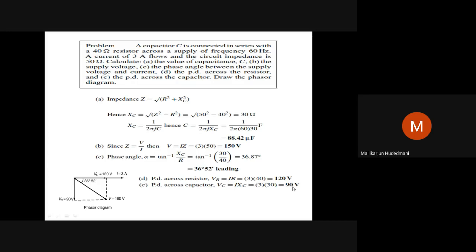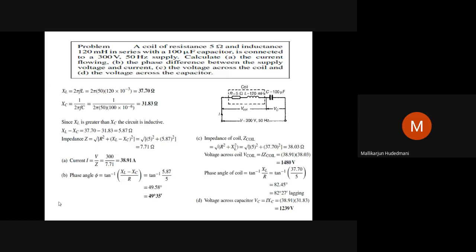So again, I'll alert you. VR plus VC is not equal to 150 here. Am I right or not? That is not an arithmetic sum. That is a vectorial sum. Here you can draw 120 volt as VR and vertically downward how much? 90. Then you take the vector resultant as 150. Just draw a rough sketch. You know the VR, you know the VC. Just join them, you know the answer, V also. Just draw. This vector diagram will have a minimum of 1 mark for your presentation. So you should be very careful about the requirement.